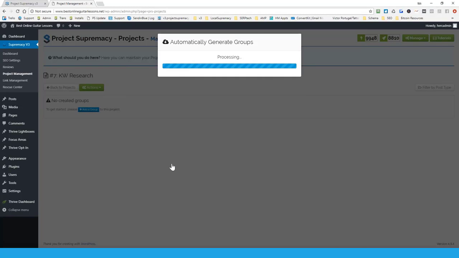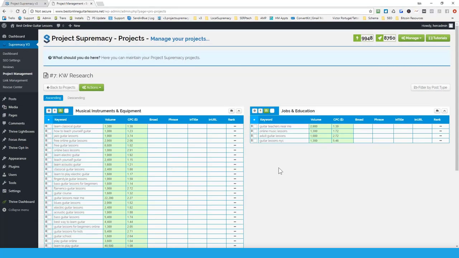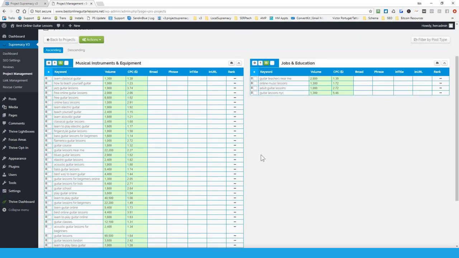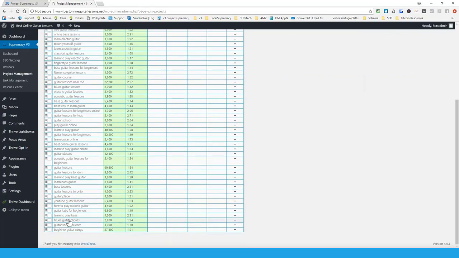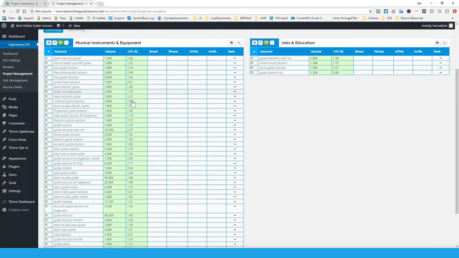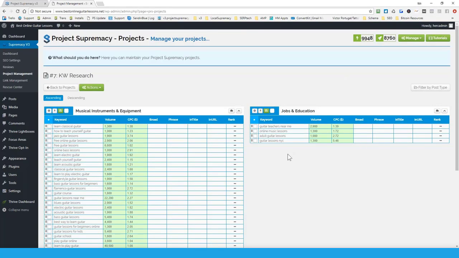Now what it's gonna do is grab keywords from the Google Keyword Planner tool. So there you go. You can see it grabbed a bunch and it starts trying to group them. There's only 2 right now. So Google sees basically 2 groups of keywords, okay? Now we've got a bunch of keywords that match our traffic and our CPC requirements. What we have to do is start planning out every post and page on our website